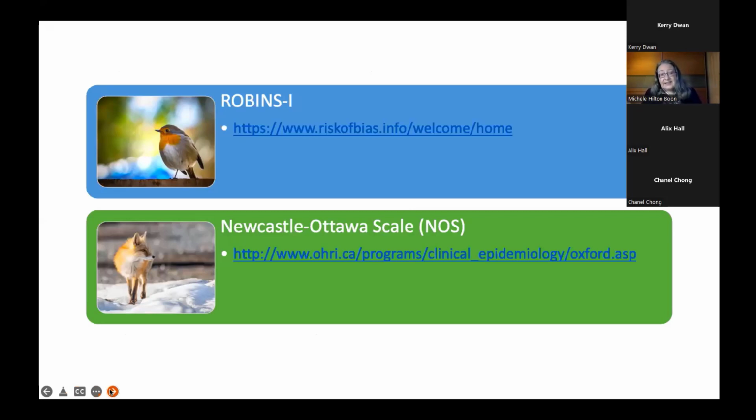Another consideration is that the study designs covered by these two tools are at present limited to cohort and case control studies, although that may change in the future. So accordingly, in addition to the two tools shown here, Cochrane author teams continue to use a variety of risk of bias tools for non-randomized studies of interventions. And this creates an issue for editors and reviewers, as well as author teams, with editors and reviewers needing to consider whether the use of each tool is appropriate and justified on a case-by-case basis.